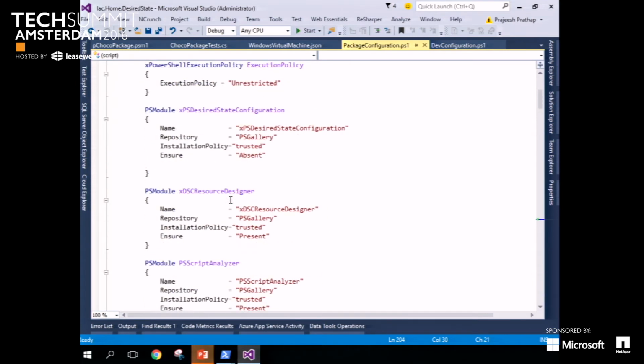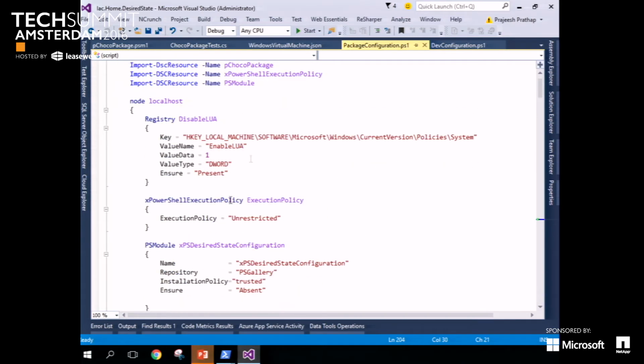This is Visual Studio. What I've done is, you can see that sometime back, Maarten talked about configuration, right? The configuration is applied to a machine. So this is a typical configuration file. You can see that it applies on my local host machine, right? This is a local host machine which I'm targeting. So if you have multiple servers, you will have some kind of a variable over there or multiple server names over there where this configuration has to be targeted to.